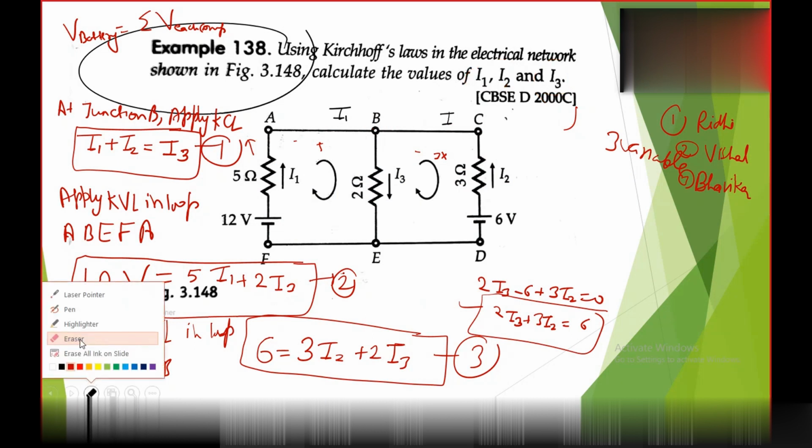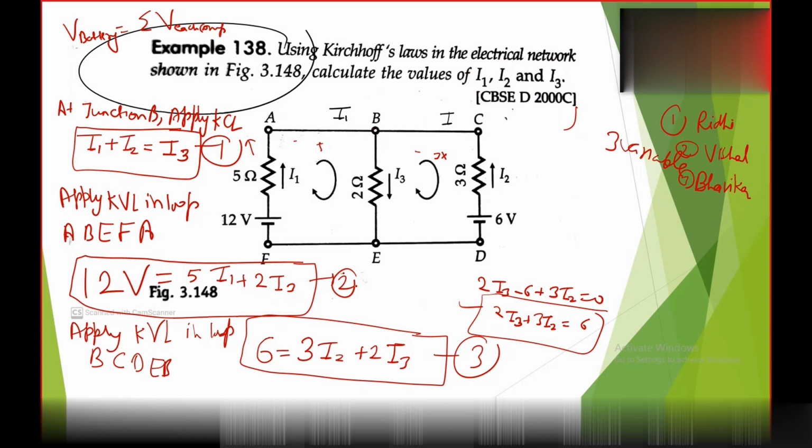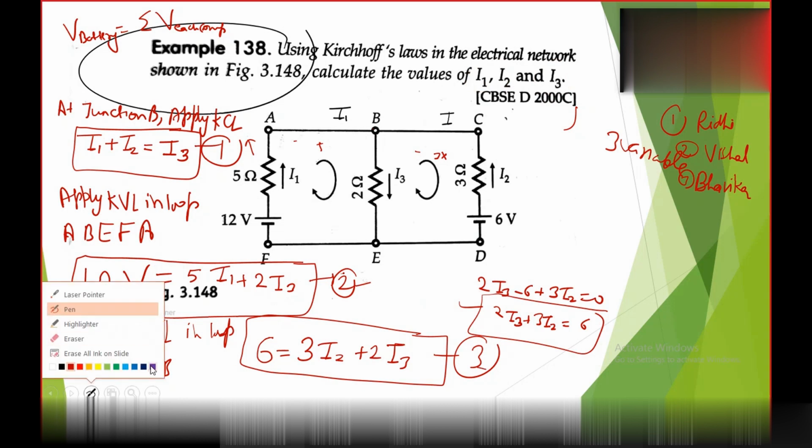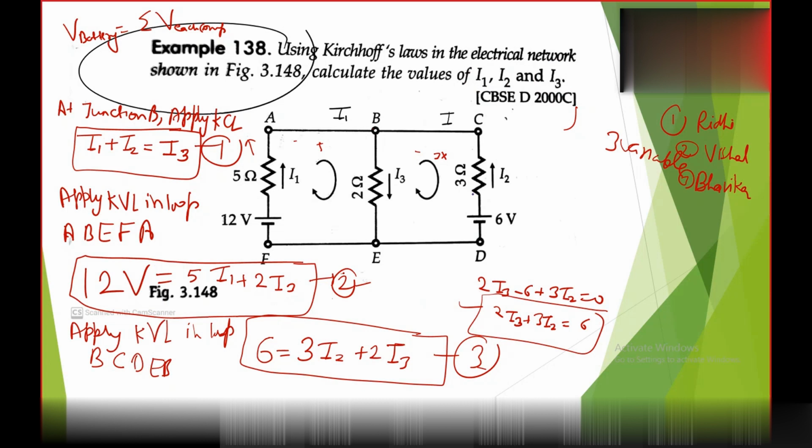See, I'm solving it now. Since we have equations 2 and 3, we can replace I3 from these equations. Shubham, your answer is also correct. Okay, so if you replace I3 here, you'll get the equation 12 volt